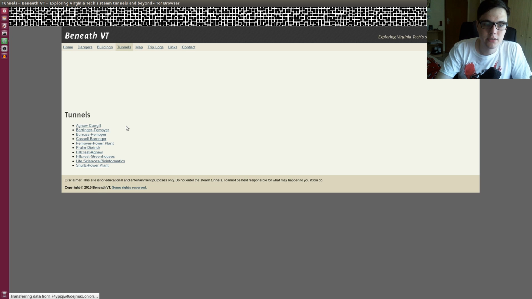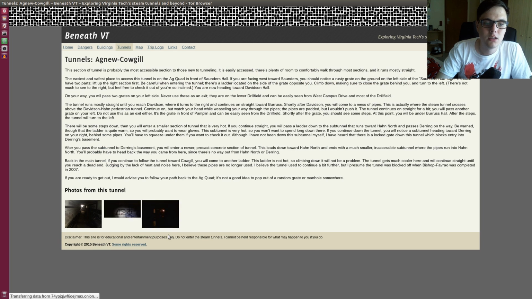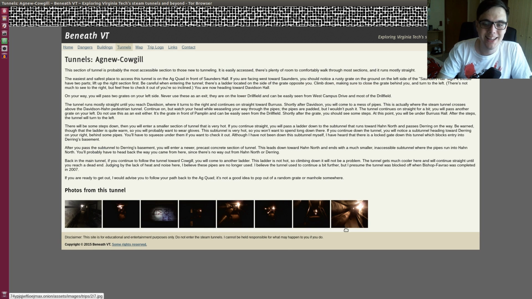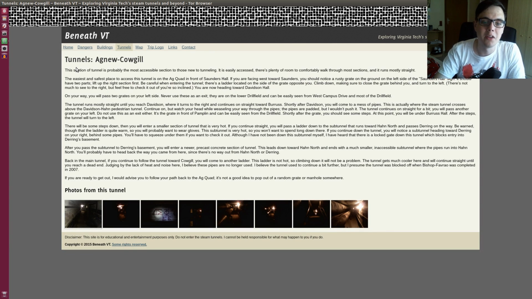Here you have tunnels where you can choose like the Agnew, Cowgill, and there's actually pictures in this one. I haven't seen any pictures in any other directory, but if we open this up, it looks pretty scary. It's made with a potato cam, and it's really dark, and it looks like some kind of I-want-to-be-edgy picture. But that is actually a steam tunnel. That is what it is. And there's a lot of stuff going on here, which is creeping me out. So I'm gonna close it down again. It has been creeping me out the entire time.